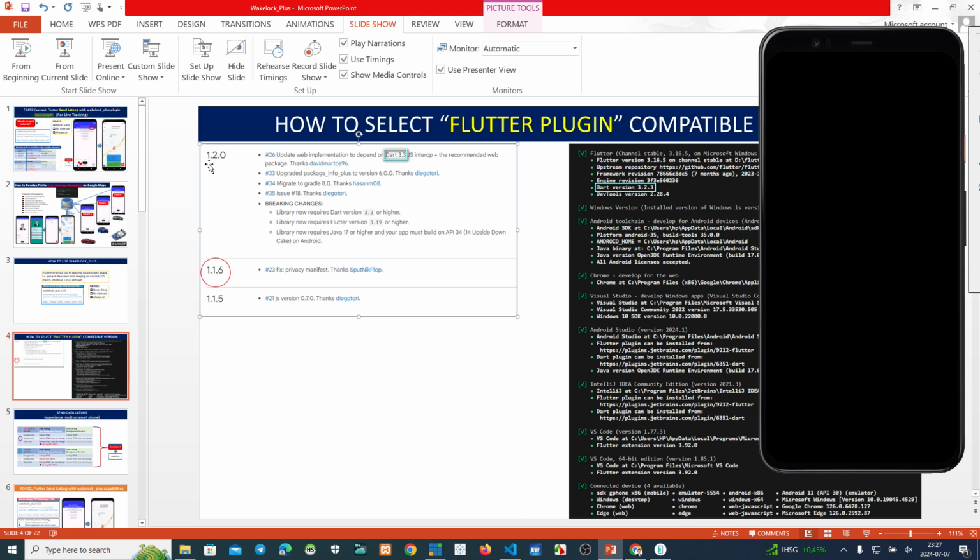If we want to use this version, I mean 1.2.0, our Dart must be upgraded to 3.3, because my version is not 3.3. My version is 3.2.3. So the plugin version, we must downgrade from this one to 1.1.6.